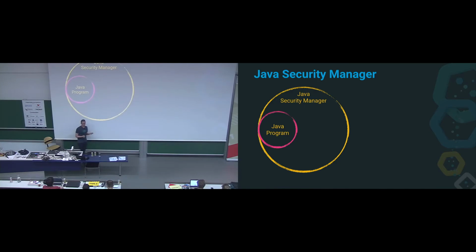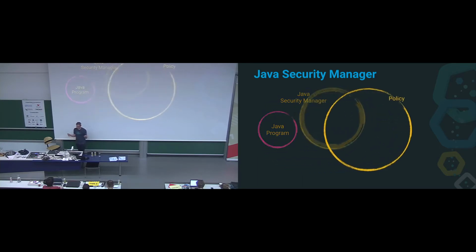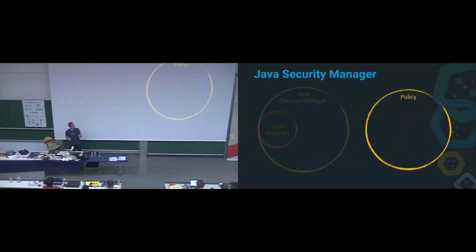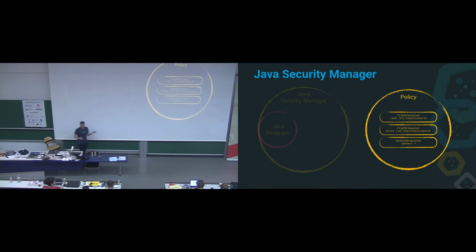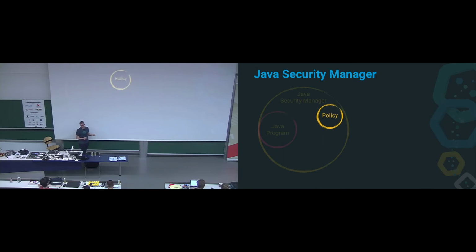And basically, the security manager is part of the JVM execution. You have this outside policy there, and the policy basically contains the list of different permissions that are allowed. Like for Elasticsearch, this would be reading the configuration directory, writing to the log file path, and connecting to arbitrary nodes over the network. This is then part of the JVM. And this way, basically every system call or lots of system calls that are executed are matched against this list